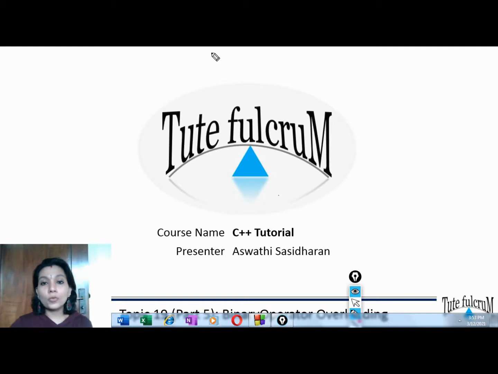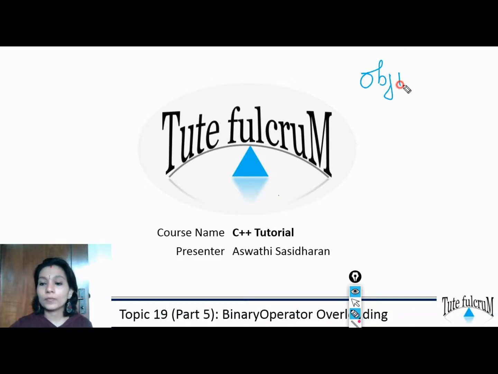As you all know, binary operators are those operators with two operands. So, which are the two operands in our case? They are going to be the objects of the class. Say for example, if obj1 and obj2 are the two objects, we are trying to use a binary operator between these objects.